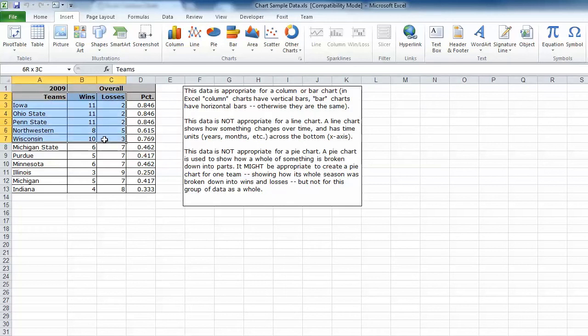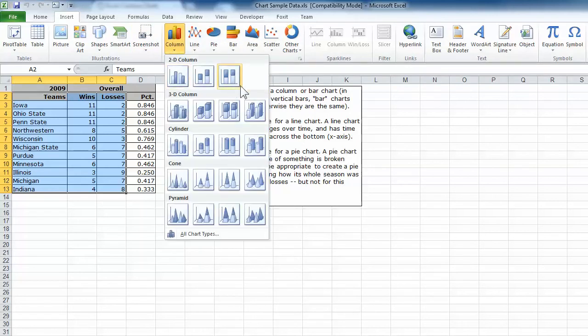When you create a chart in Excel, it likes you to create a rectangle for your selection. So I've got a rectangle here, it goes from A2 down to C13, and I'm going to go to my Insert tab, and I'm going to tell it I want a column chart. And you've got a bunch of choices here. You need to be kind of careful about some of these ones over here. Once you get past the first column, make sure that you understand what you're doing if you pick one of those. We're just going to do a simple 2D column chart,